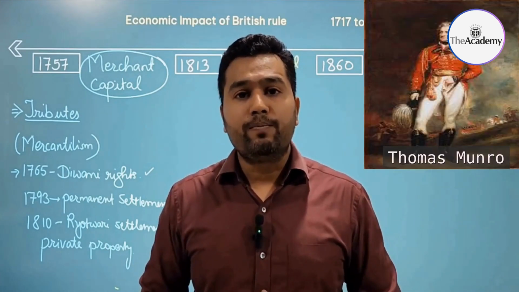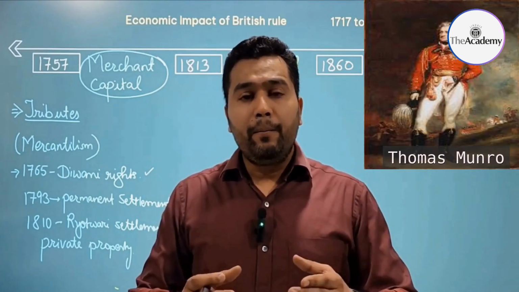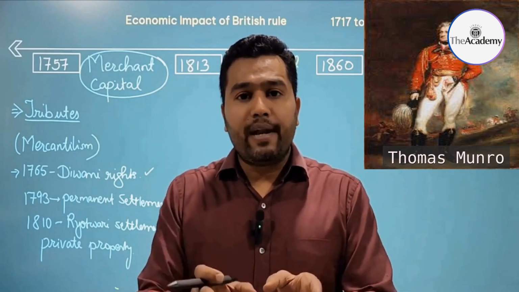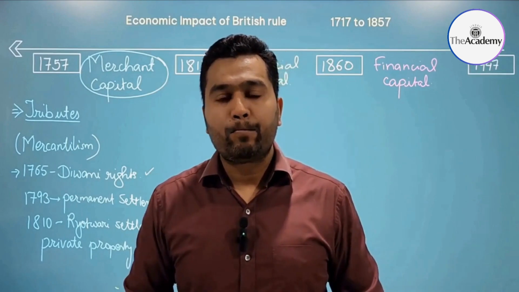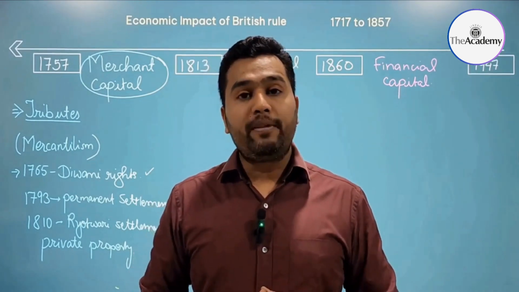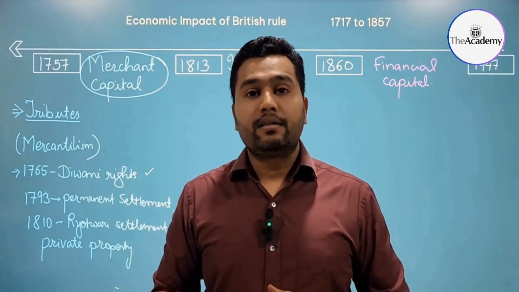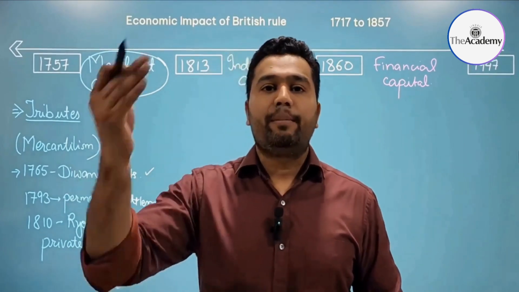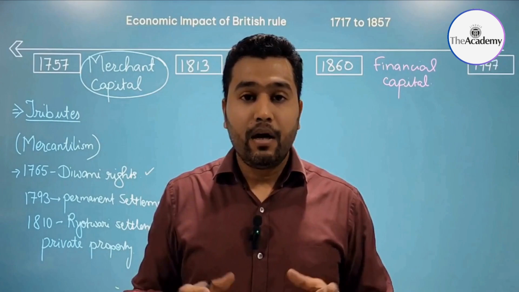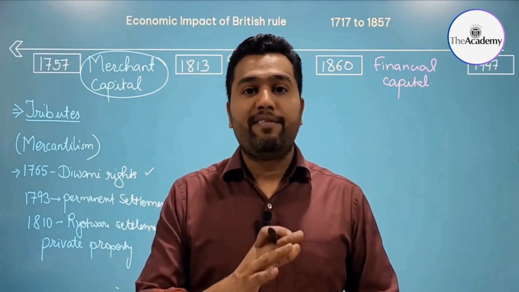So Thomas Munro made the peasant the owner of the land under the Raiyatwari settlement. And it was hoped that the Raiyat, with this private property, would develop the property and develop agriculture. However, this plan also backfired